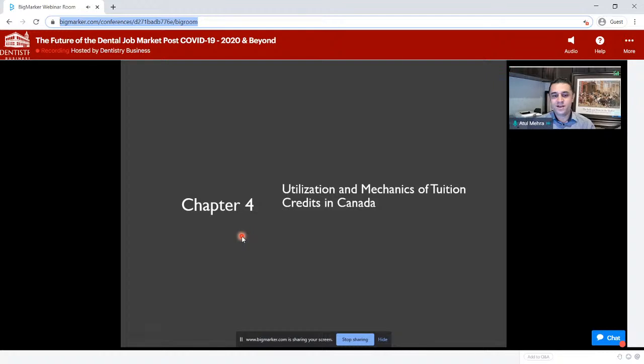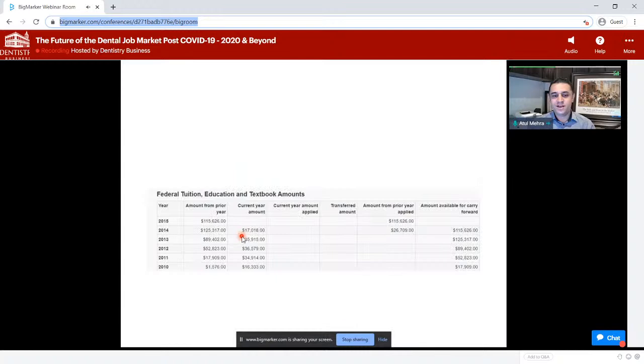Now, the tax credits that are available through your tuition play nicely into the decision on whether to incorporate or not, because a lot of times when you're studying, you're accumulating tuition credits, and those tuition credits aren't being used in your tax return because you don't have any income. But those tax credits do carry forward. So I'm going to give you an example of